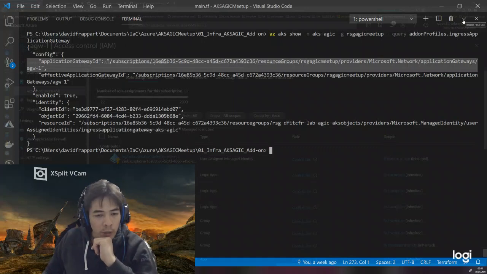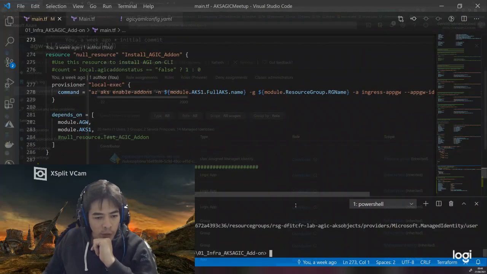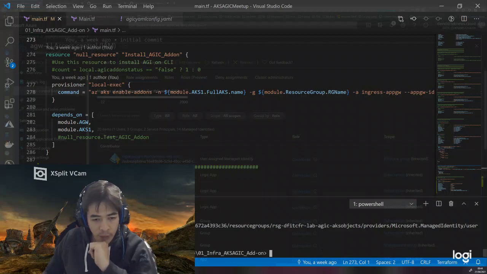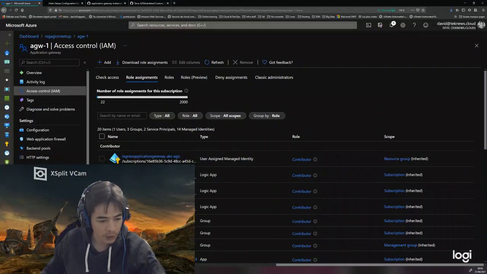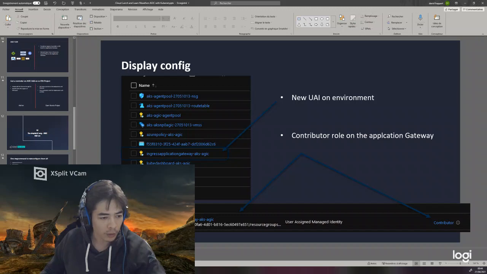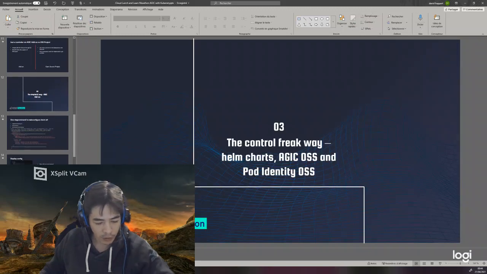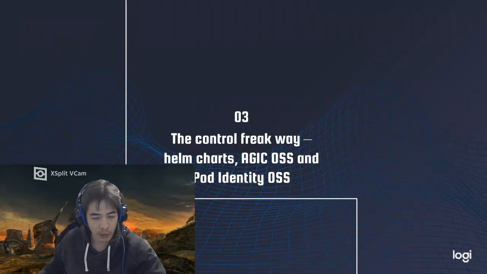So now, before trying some application gateway ingress object, and we will do some basic stuff, because we could do, as a matter of fact, a deep dive on ingress object with application gateway, but well, another time. Let's go on with the next possibility for application gateway as an ingress controller.